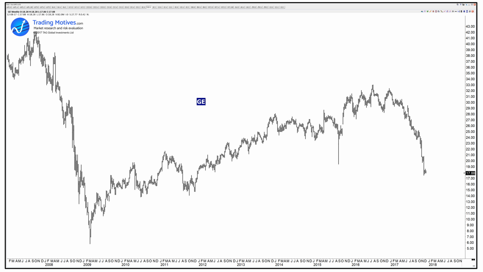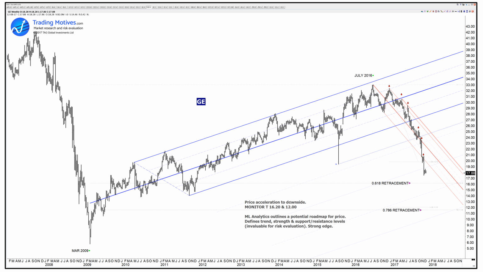One of the key benefits of median line analytics is that in an application to a chart, you can monitor price behavior. And in this example, let's take a look at a weekly chart of General Electric. If we apply median line analytics to this chart, you'll see that price made a high here but failed to reach the upper median line parallel here, and then in the next retracement only just made the quartile, and progressively what was once support became resistance. That's what we call a change in behavior, and when you see that, particularly if you're in an investment or a position trade, it often signals that it's time to get out,